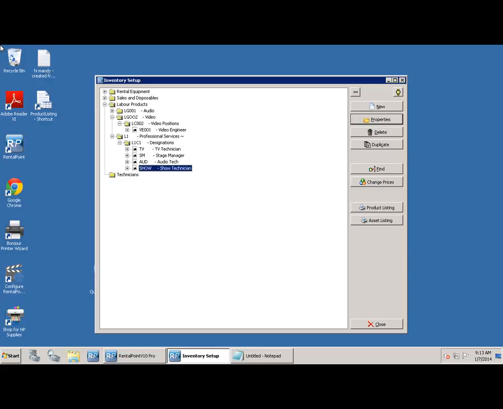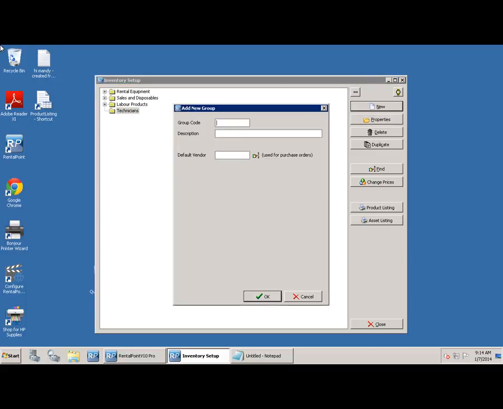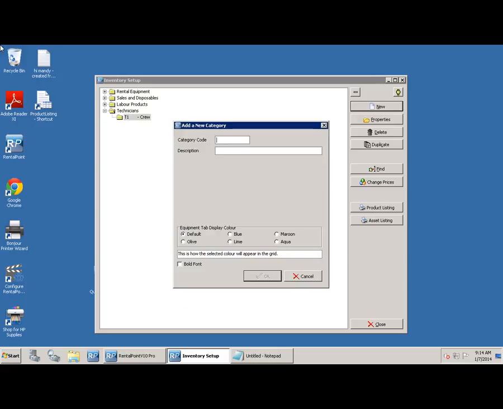So at this point, we've added a group called Professional Services. Designations is the category, and these are the labor records within this. Now we'll add technicians, and again, we'll start by setting up a group folder. T for Tech 1. Call this crew, category, T1C1, make this employees,